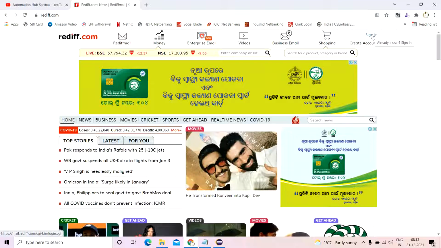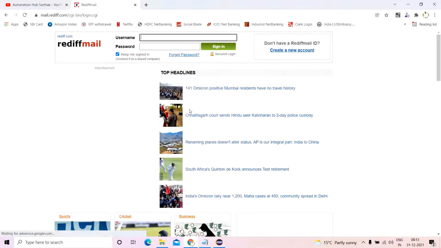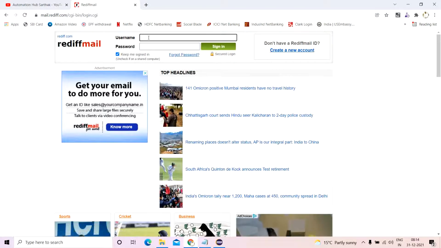Now the question arises, does each and every web element have a tooltip? No. So let me go inside this. If I hover my mouse over the text box, it's not there. If I hover my mouse over the sign in button, this button has a "SIGN IN" tooltip, which is reflected down there. Now let me come to this Rediff mail logo. Does it have one? No. So how do we determine which particular web element has a tooltip?